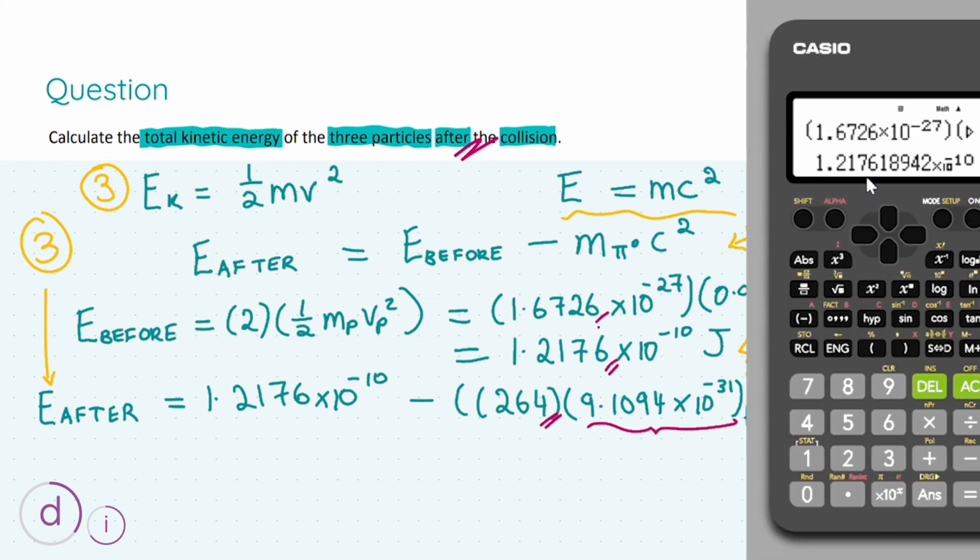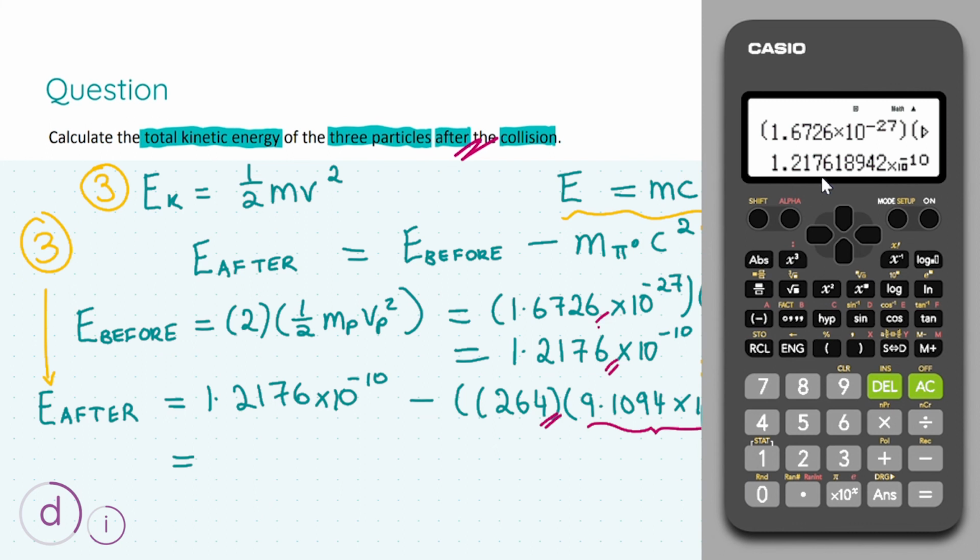Okay, so remember in the calculator up here, we have the value for the kinetic energy before the collision. So this is going to be stored as an answer. So I'm just going to put that in here. So we've got the kinetic energy before the collision minus 264 times the mass of an electron, all times the speed of light squared, hitting that equal sign, and we get this as the value of our kinetic energy after